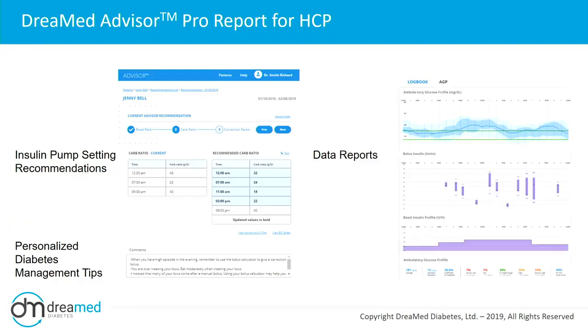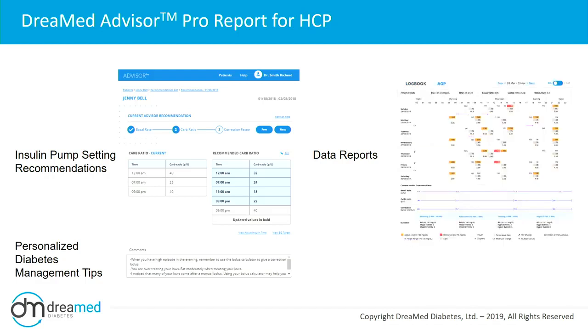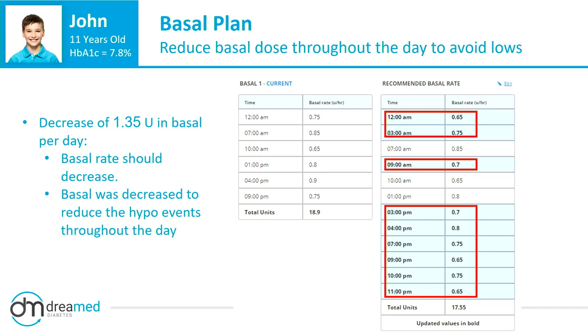One is already implemented, is of course the AGP report that everybody is using right now. And a new report that will be released next week is the logbook report that all of you are aware of from all the other systems. And if we deep dive into the recommendation Advisor makes about John specifically, he overall reduced the basal by